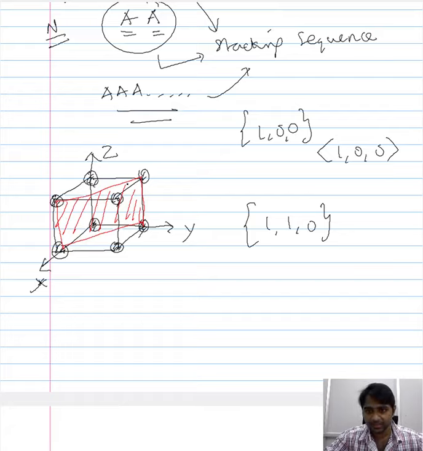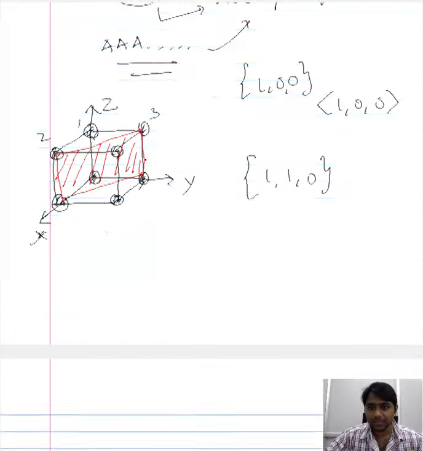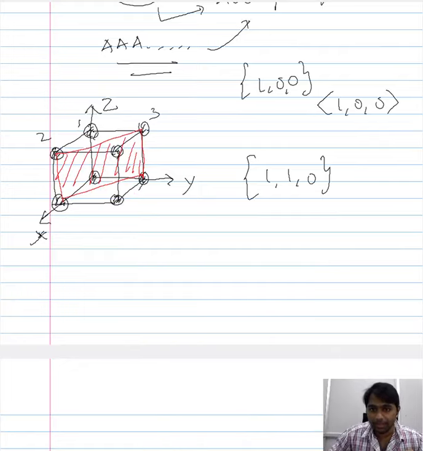So if you consider this plane here, unlike these two atoms, that is atoms 1 and 2, which touch each other, atoms 2 and 3 will not touch each other because they are diagonally positioned. These two are linear, or positioned along two corners, but atoms 2 and 3 are diagonally positioned. Therefore there will not be any overlap between these two atoms, or these two atoms will not be touching each other. So there will be a sufficient amount of gap between these two atoms.